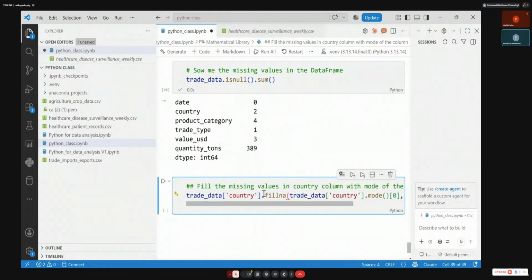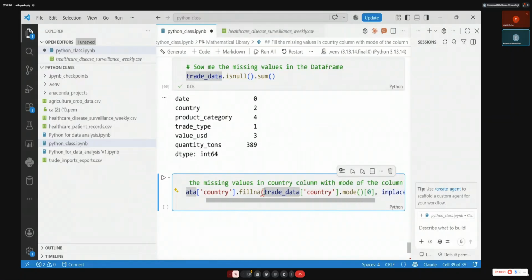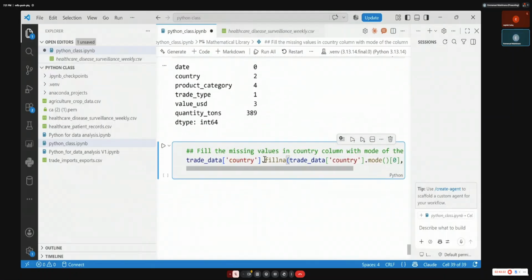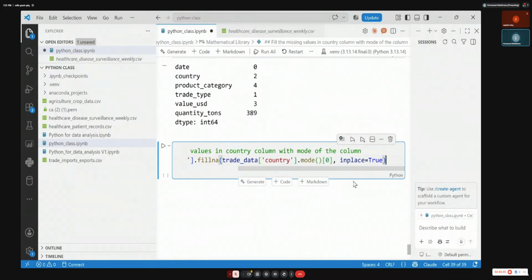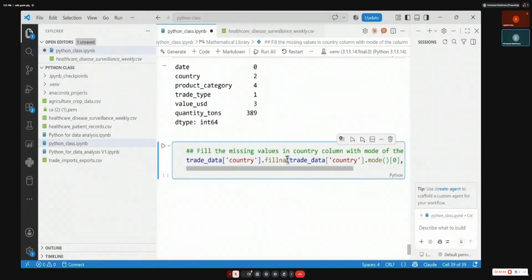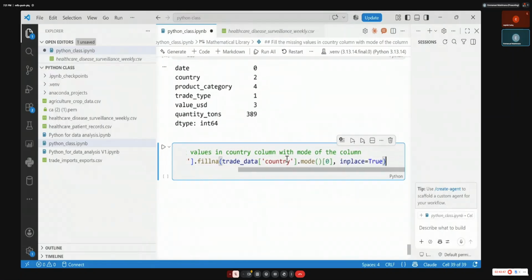I don't know why it's bringing an issue, but anyway, I'm going to inspect it. So now you take this, feed the country.mode in place, inplace=True. I'm missing parentheses, maybe. So this code is going to do it in place. It's just a lot of code, but that's what it's going to do. It's going to compute the mode of the country and know the most repeated country, and wherever you have a missing value in the country, it will find the country that appears many times and fill it in there.